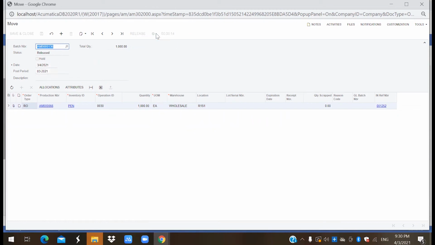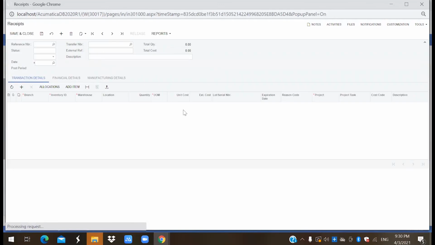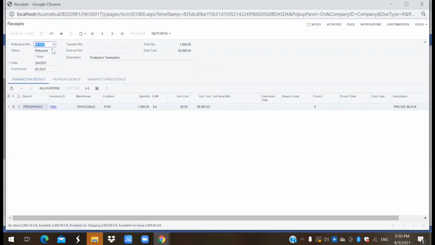Once we have released the final process, the system will automatically generate an inventory transaction ID. So let's see what's inside. So the system has automatically created a receipt document after the final move transaction, and here we have received our final product FG of 1000 quantities in our wholesale warehouse.